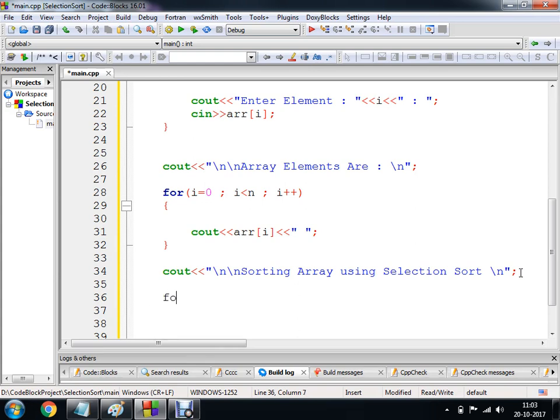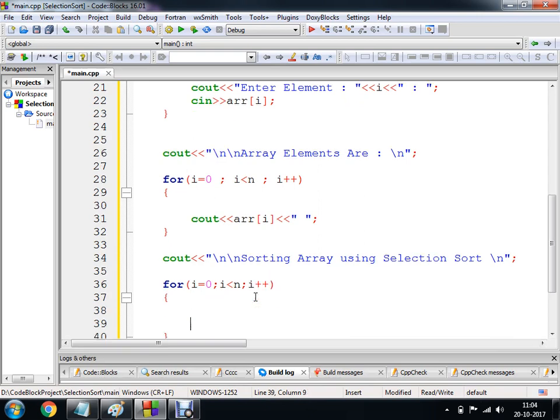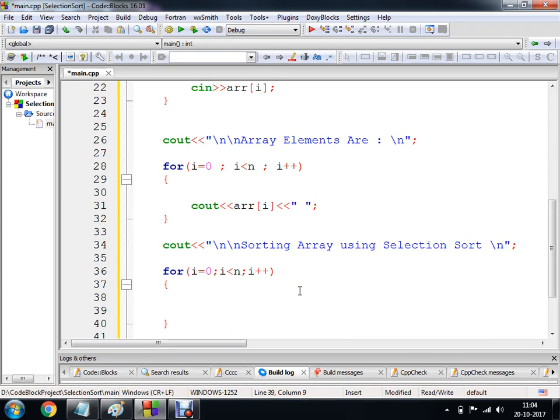For this, I'm going to make use of my for loop, i less than n and i plus plus. Now within this program, I'm going to make use of a concept called nested for loop. एक मैं nested for loop का यहाँ पर यूज करूँगा. Here I'm going to implement a logic for j is equal to i plus 1. अगर आपको एल्गोरिथम का स्टेप याद हो तो you have to increment the minimum value. तो यहाँ पर मैंने वही वैल्यू इंक्रीमेंट करी है, j is equal to i plus 1, j less than n and j plus plus.